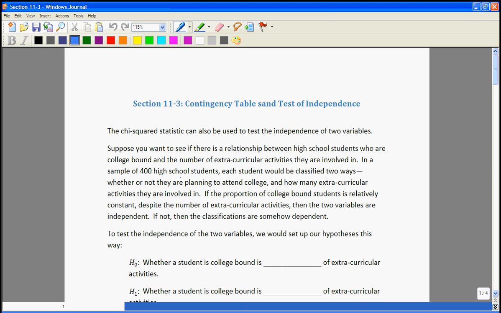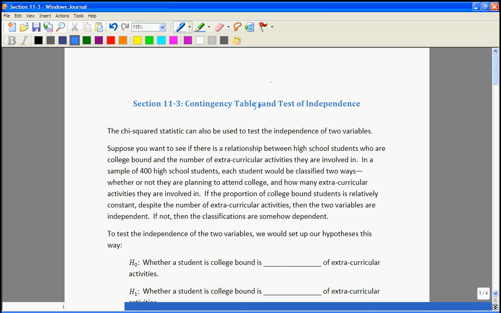Section 11.3, contingency tables, that S should be there, and test of independence. So previously we used the chi-square test for goodness of fit, and we're testing how well our observed data fits what we expect to happen. The chi-square statistic can also be used to test the independence of two variables, whether they're related somehow or if